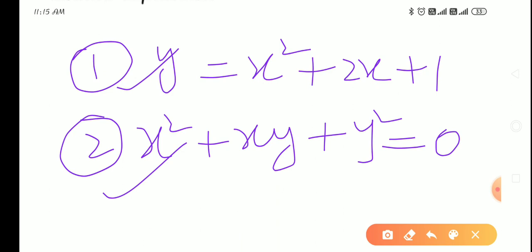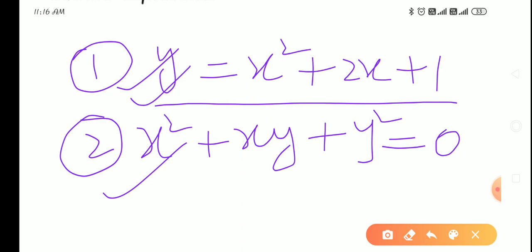Students, in the first function, y is directly expressed in terms of x. When two variables are there and one variable is directly expressed in terms of another variable, then you can say it is an explicit function. That is an explicit function, not implicit, because you are expressing one variable in terms of other variable